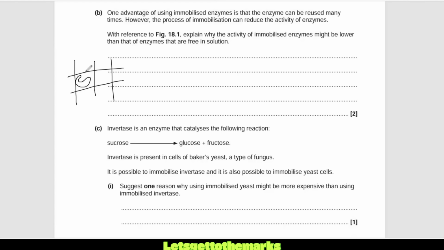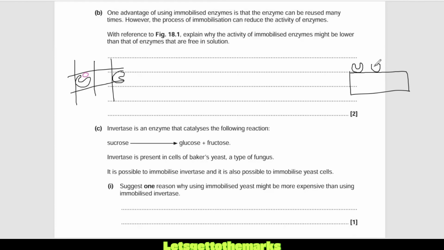Normally the substrate is going to fit in there, but maybe the active site of your enzyme is facing the wrong way from which the substrate is going, so you're not going to get enzyme substrate complexes formed. Or maybe the attachment to the matrix actually alters the 3D shape, the tertiary structure of the protein, and therefore it no longer binds to the substrate, so you get fewer enzyme substrate complexes formed. Of course, that can happen as well when you adsorb the enzymes to a surface.